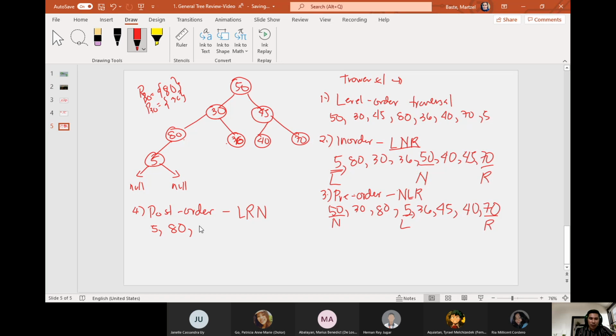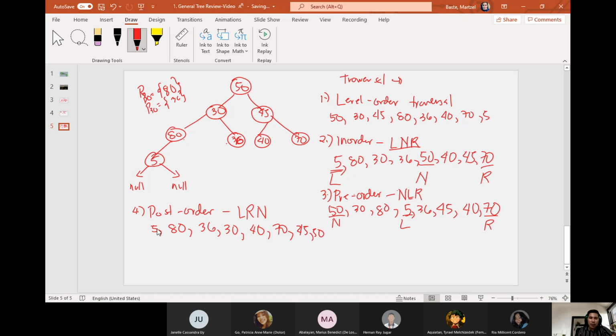So it jumps here, then we have 36, and then the node, which is 30. Then left, right: this is a node, but it has a left child, so it has to visit and print 40, and then 70, followed by 45,